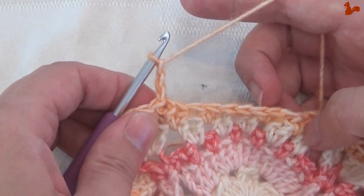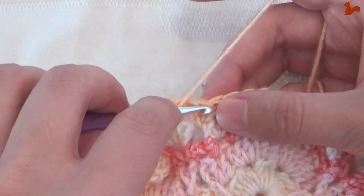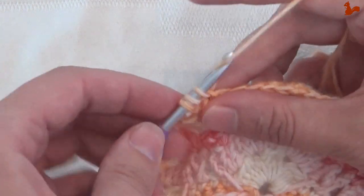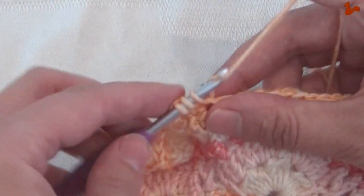Now in the next 10 stitches, I'm going to work a treble. The next stitch, that's the half treble here. This is your next stitch. I'm going to work 10 stitches, so that's 1, 10 trebles,